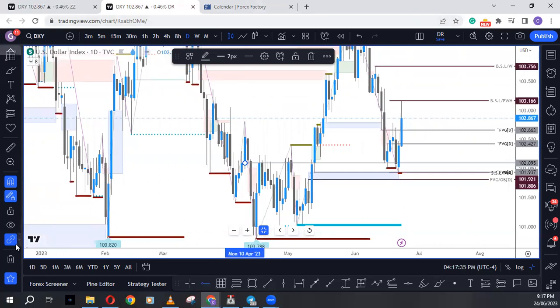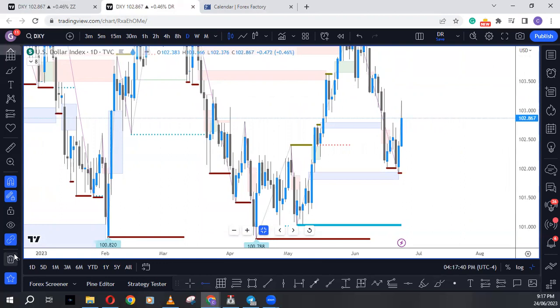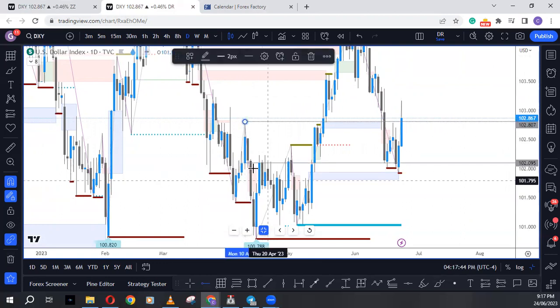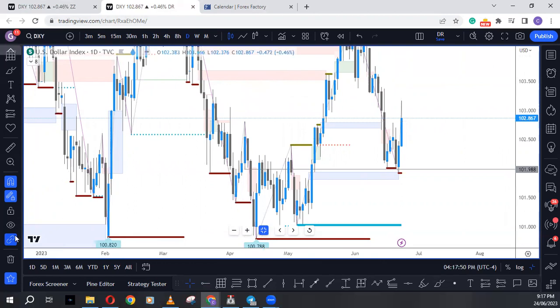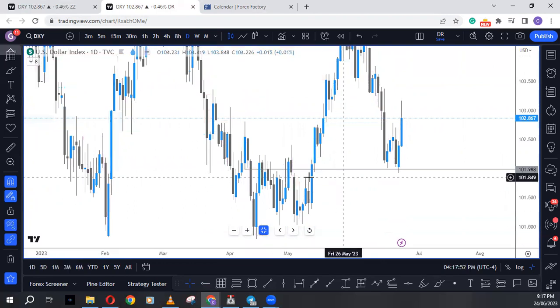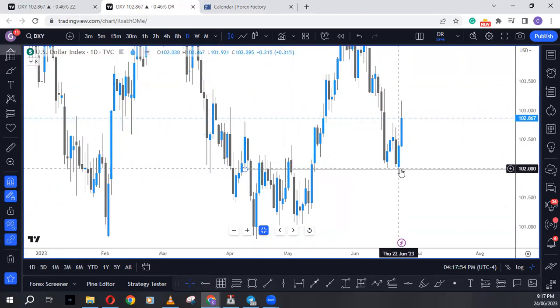let me do something. Let me remove all my drawings. Now, this last up candle here, the low of this last up candle here, you see the way price respected it and rallied. So going into this new week,